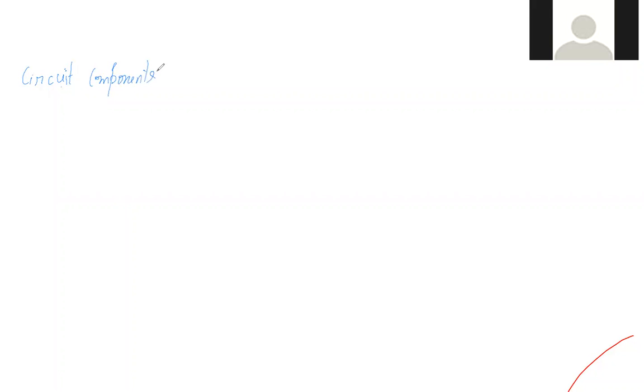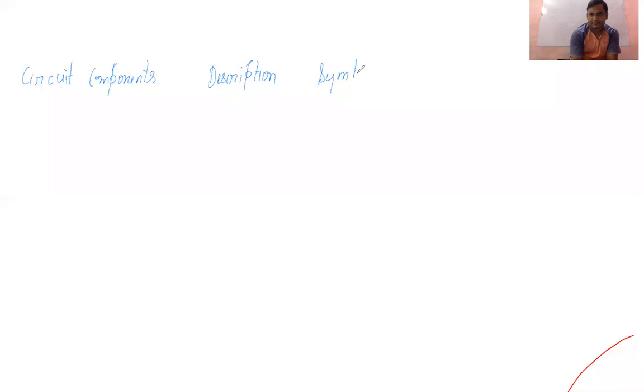And now you will not face any problem regarding visibility because I'm using the writing pad and it will be quite visible on all of your screens. So coming to it, I'm making a table here and you should note down these things. Here I will make circuit component, add some description, and here will be the symbols. So you should go through these things.